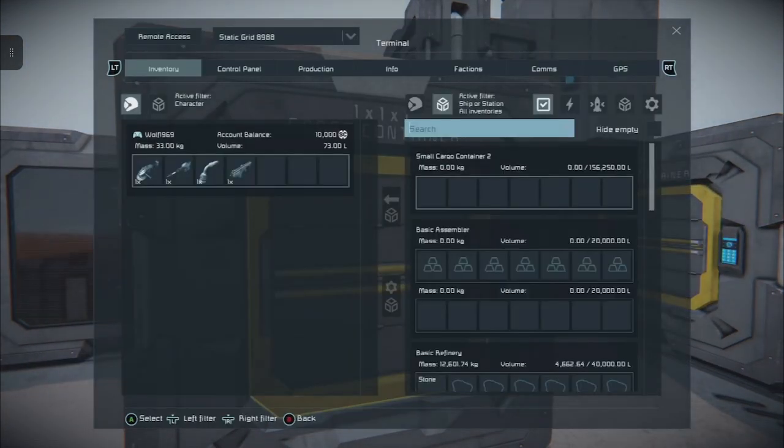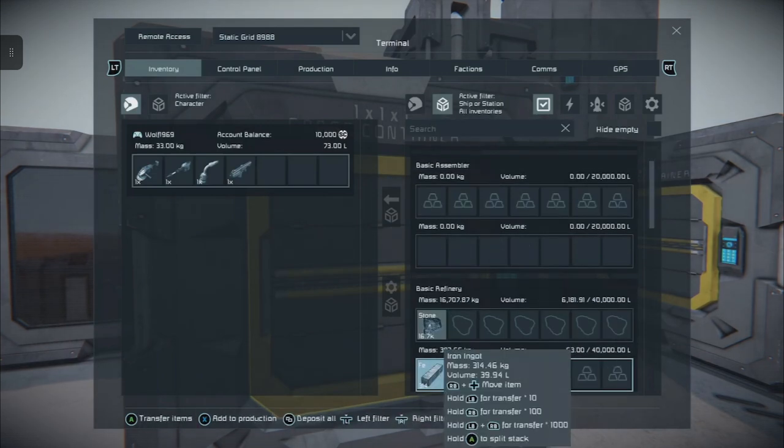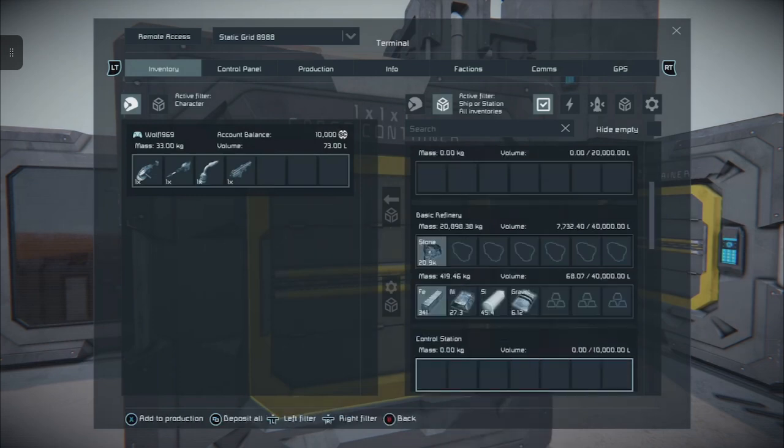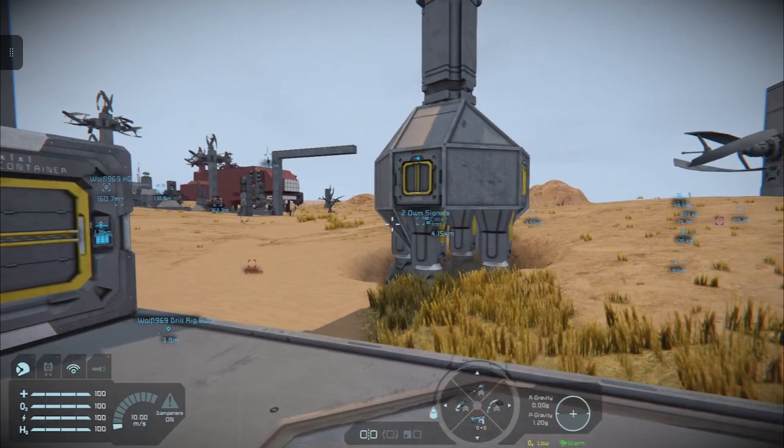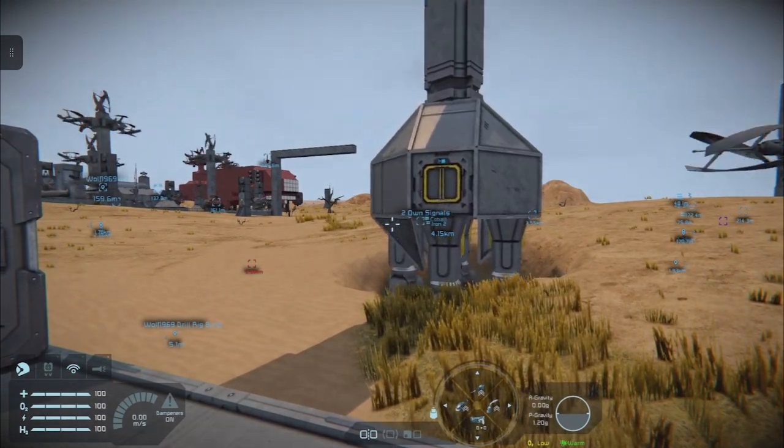And you'll start, if we click in the right stick, we can look at the basic refinery. It's starting to get stone in, and it's starting to process it already. And our drill is performing really well.